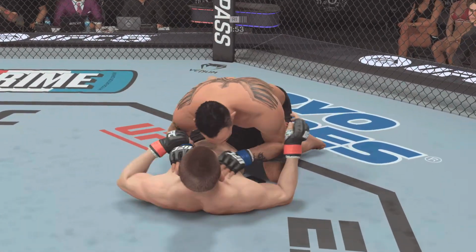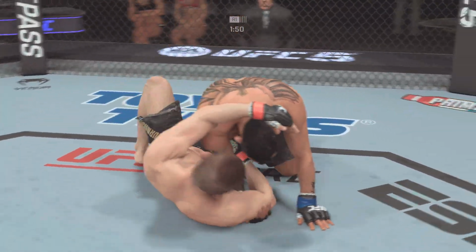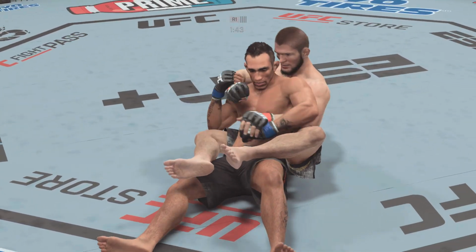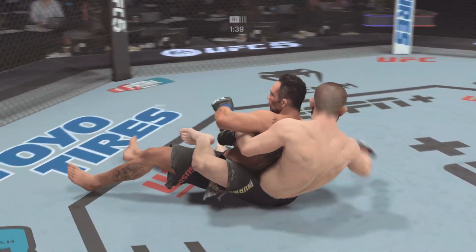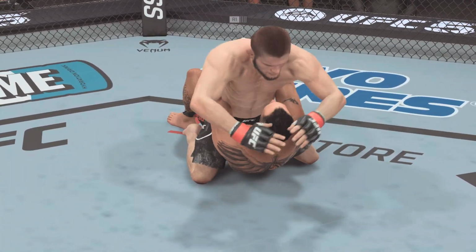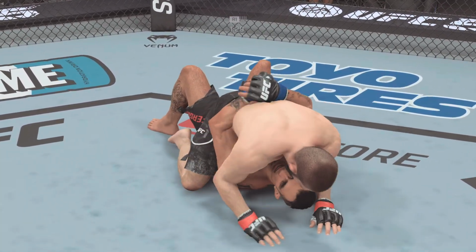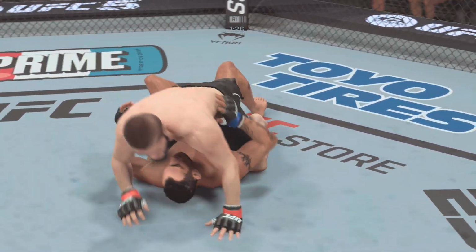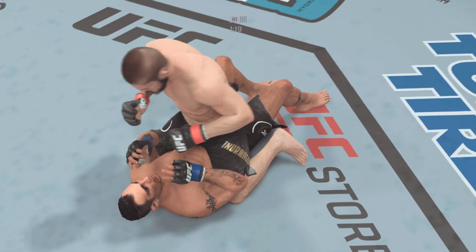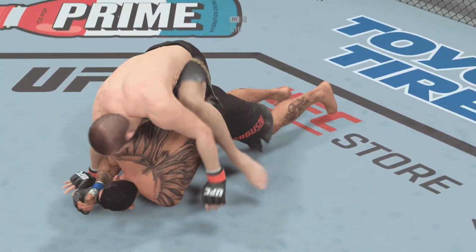All right, late round action here. Khabib Nurmagomedov continuing to dominate the action. Beautiful transitions, and I'm not sure anybody mixes their wrestling and their grappling as well as this guy. I mean, he's just so tough. He's willing to go through the fire in order to get the fight to the ground. He's been able to do that. He is one of the strongest fighters I have ever grappled with. The guy has tremendous strength, but it's not just the strength, it's the technical skills on the...